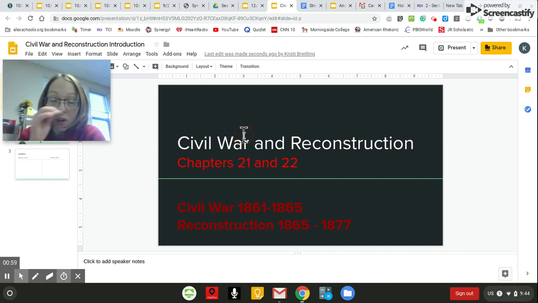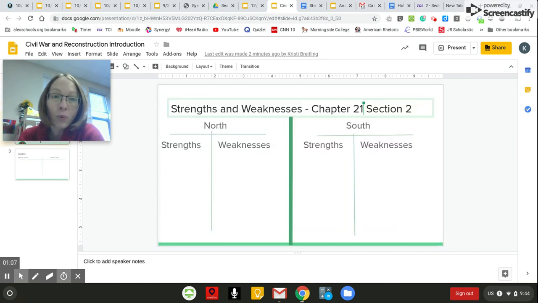Write this down in your notebook. This is your starting for a new page, a new unit. This unit will take us until Christmas break. And then what we're going to start with is creating some T-charts that show the strengths and weaknesses of the